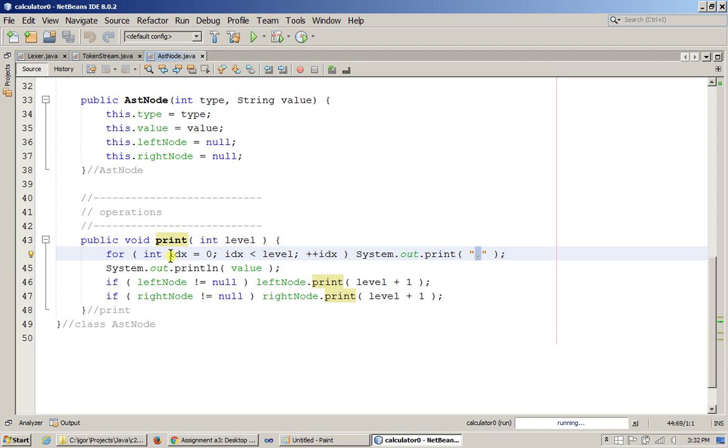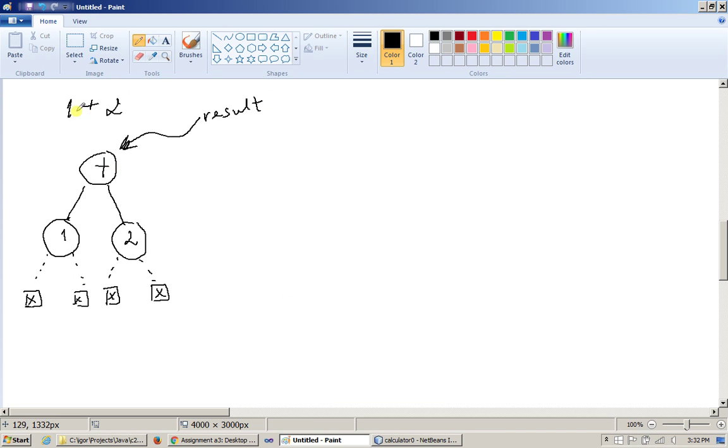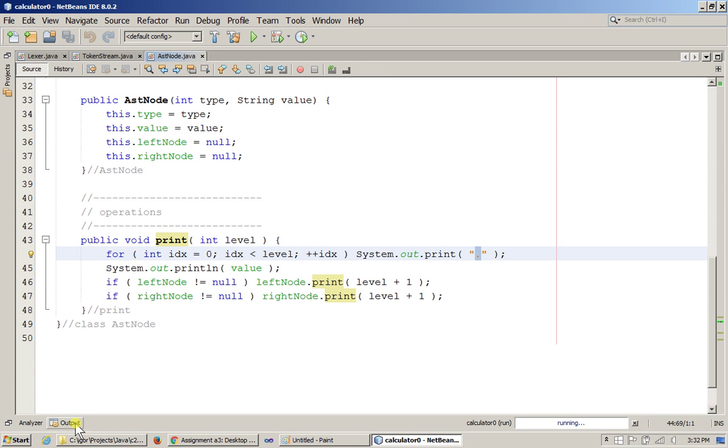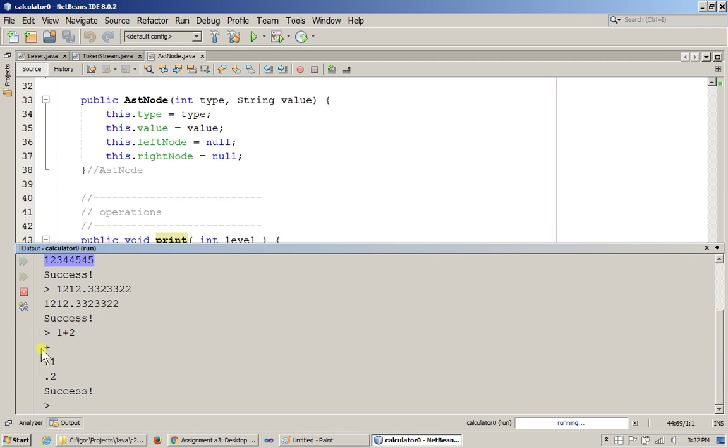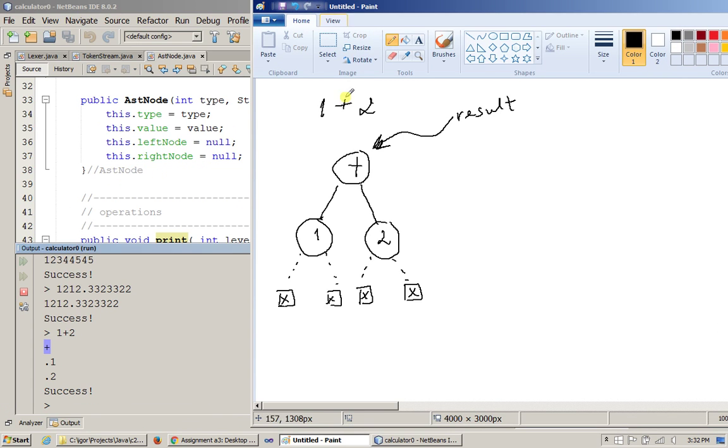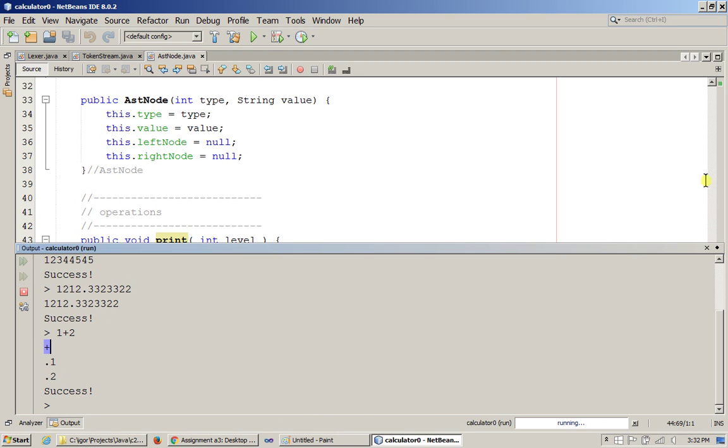So as we print this node, which in our case is the plus node, 1 plus 2 result should be this. So what it does, it prints plus, right? Because again, if we go to this output and to the example of this, you can see that the first thing that gets printed is the plus thing. And the plus, of course, is the fact that this node contains the value which is set to a plus, and it just prints this plus, because this print method